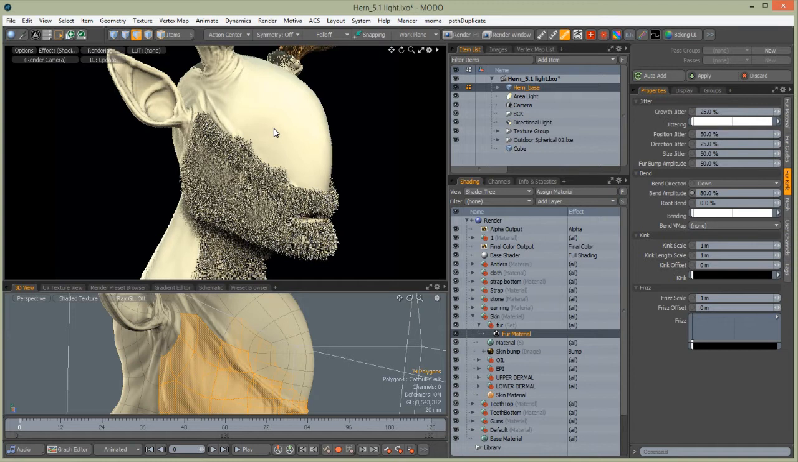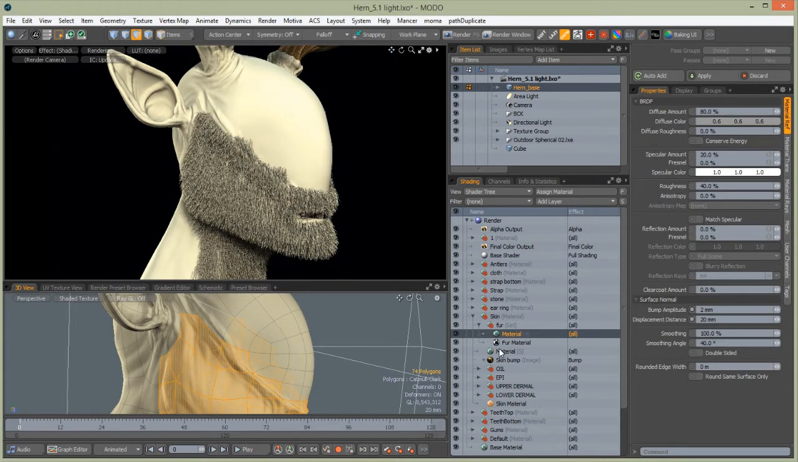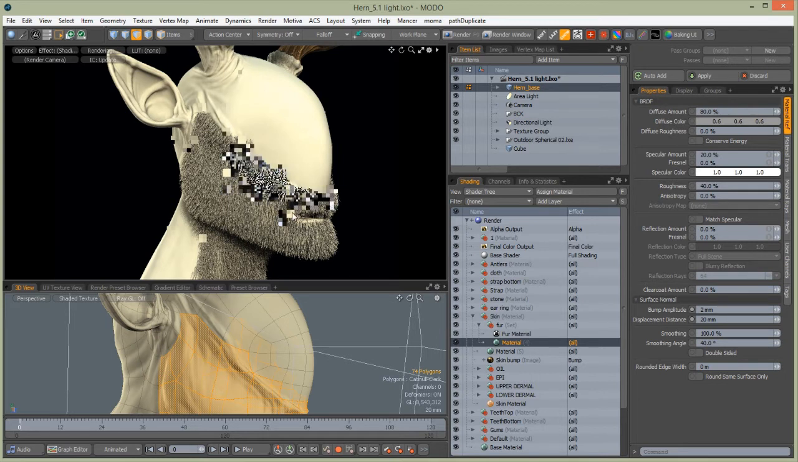And add a layer, material. This will be used by the fur shader, and drag it below the fur material, and it will give color information. So now it is gray, so wait for preview to update. Okay,